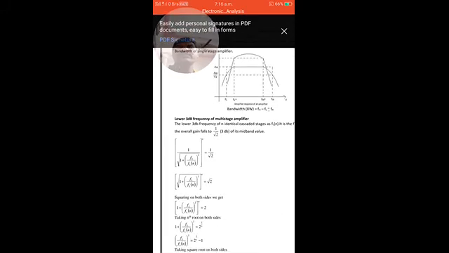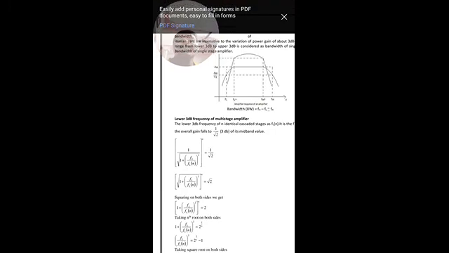Squaring on both sides, 1 plus FL by F in the low frequency region of n stage squared, whole to the power of n, is equal to 2. Taking the nth root on both sides, 1 plus FL by F whole square is equal to 2 to the power of 1 by n, or we can write FL by F whole square is equal to 2 to the power of 1 by n minus 1,